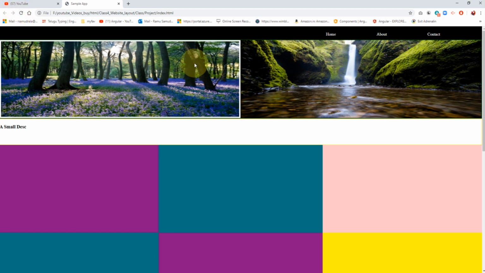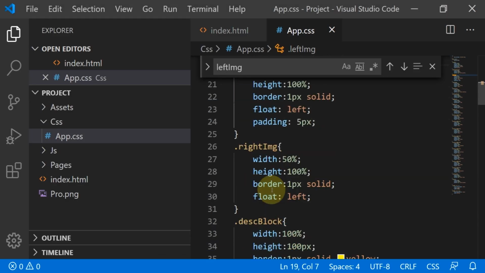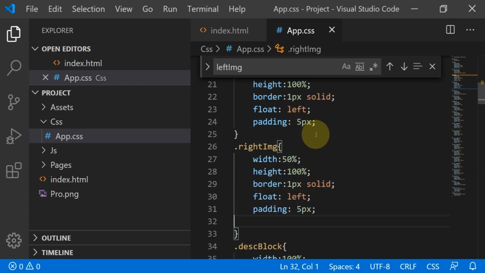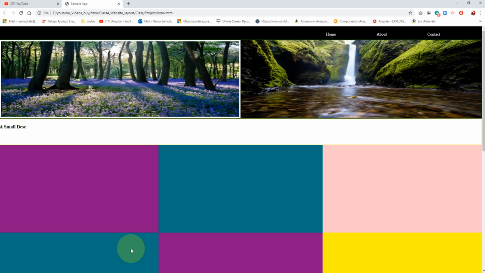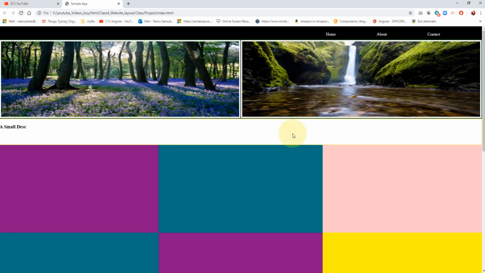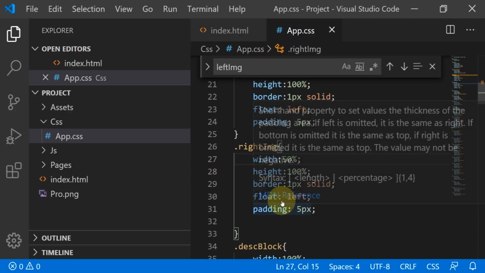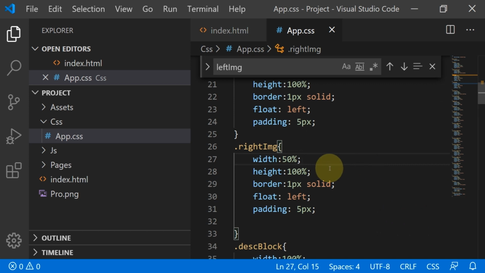Yeah, some spaces came, right? So here also, for the left image, then the right image class also here, right? So same I'm doing like that. Yeah, so I'm removing these borders. Now those are not required because we already filled that layout with valid content, right?